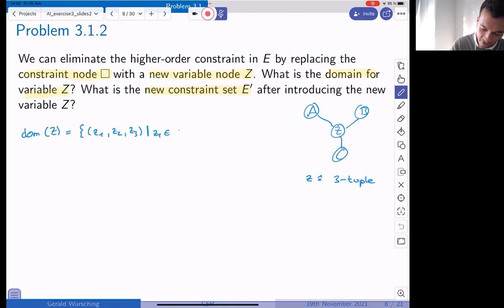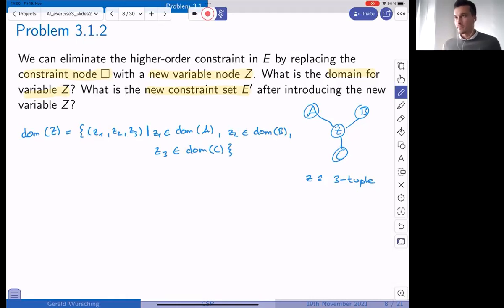So z1 has to be within the domain of A. z2 has to be within the domain of B. And z3 has to be within the domain of C. Okay.